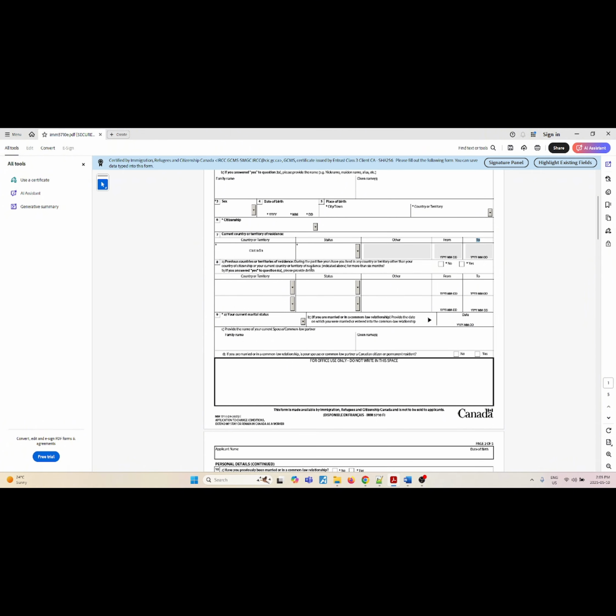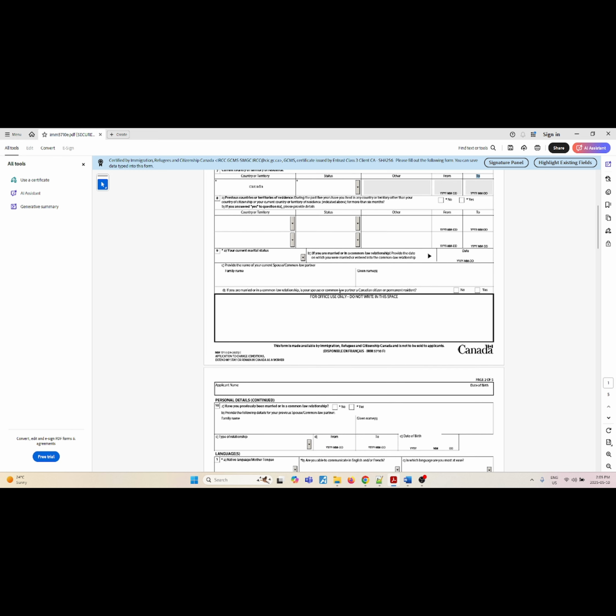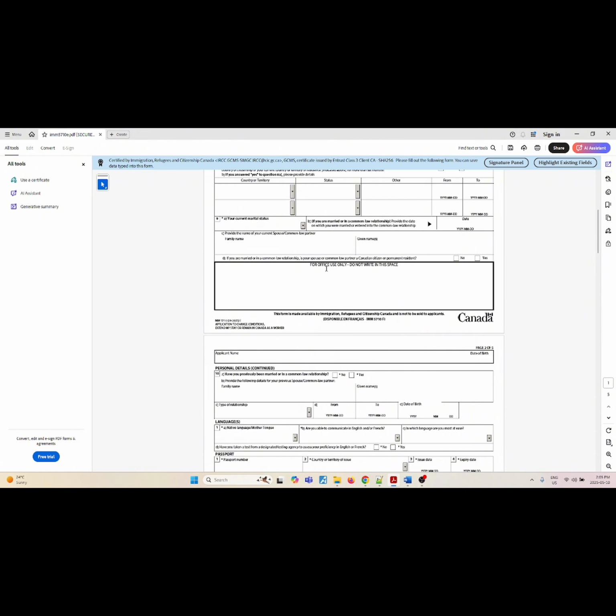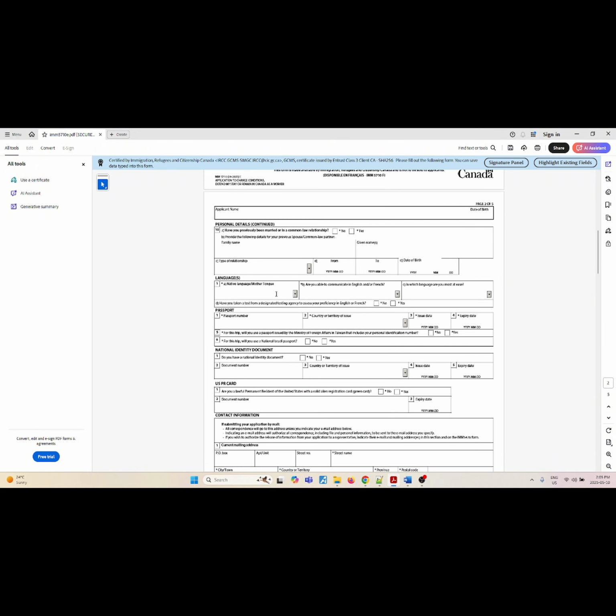Okay, and then the other sections are quite easy. You will find videos on the internet on how you can fill those up. The second confusing question is,